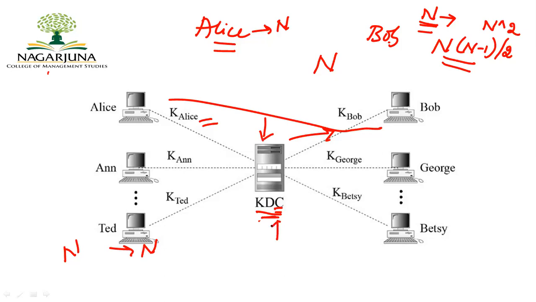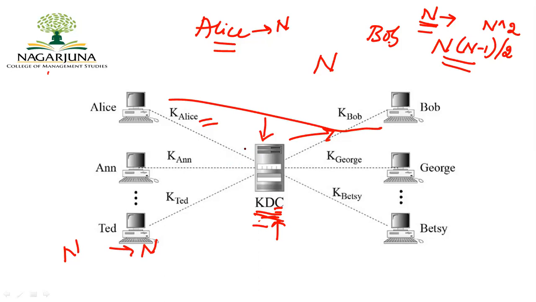Now the KDC acts as a trusted third party service provider, where it keeps track of all the different symmetric keys which are sent from both the sender's end and the receiver's end. So the KDC helps in exchanging these keys. As I told you, the key factors in key management are generation of the key, exchange of the key, storage of the key, and replacement of the key. The entire service is taken care of by your KDC, the key distribution center.